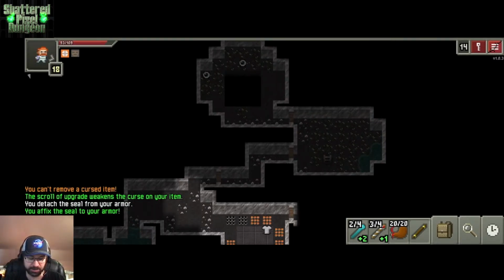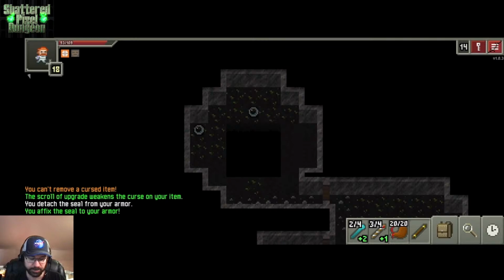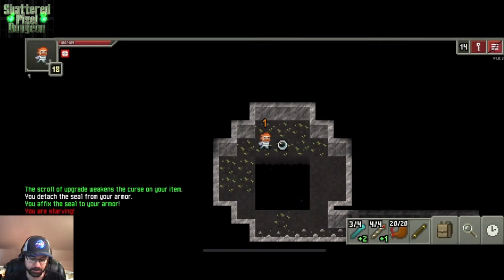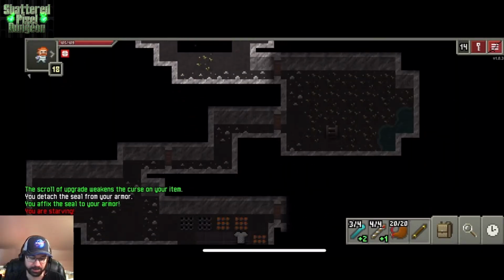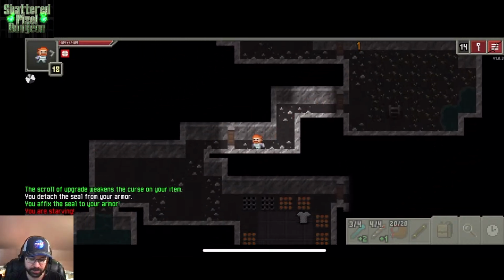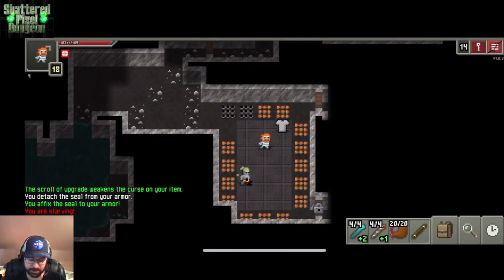Now I could pick up these dewdrops again. I mean, they left behind. It's probably worth it now, so let's do that. Cool. Okay, so we're back up to 105 hit points out of 109. We're gonna carefully not step on these traps